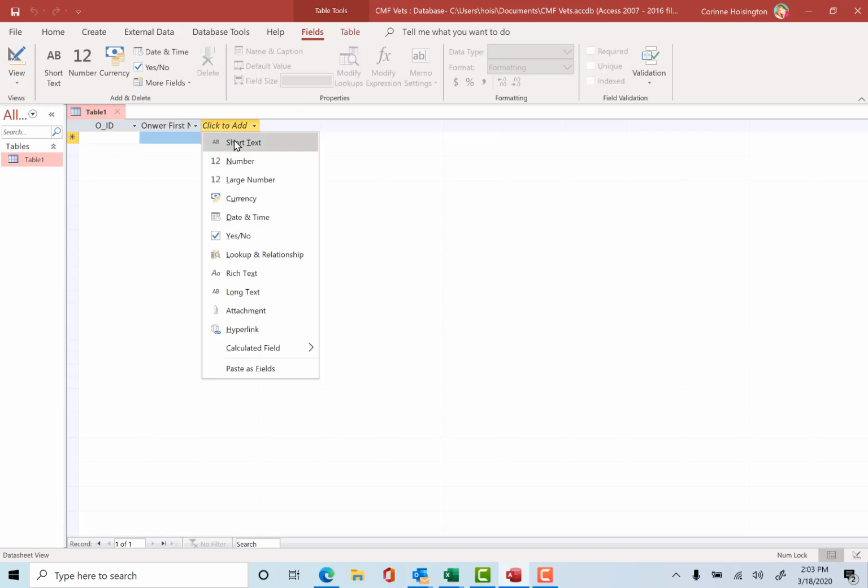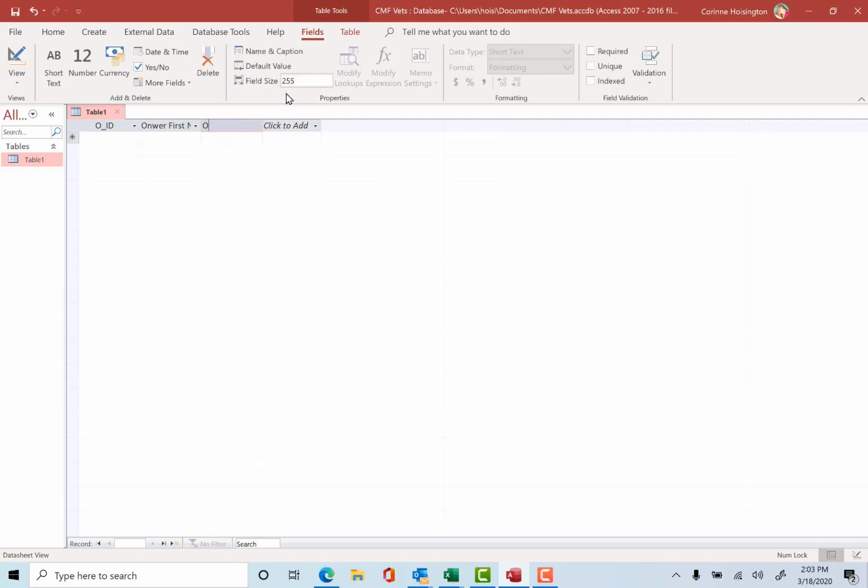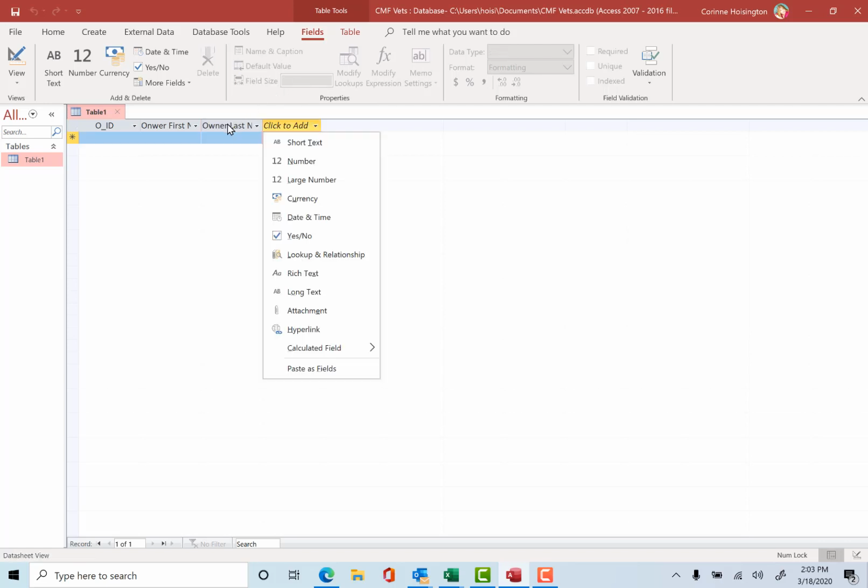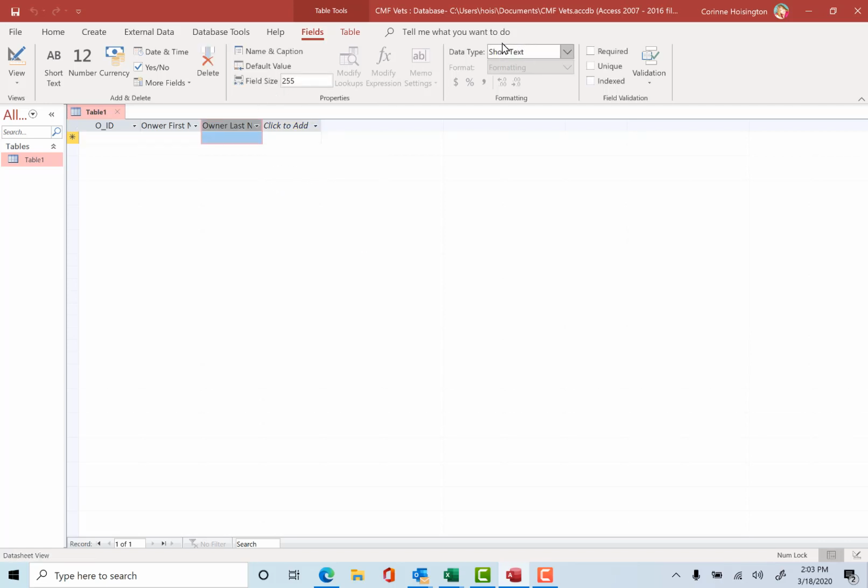I click to add. I pick short text and pick owner, last name, hit enter. Click back on owner last name. The short text is already set right there. Let me also now change the size to 50. Hit enter. Click to add again. Short text. Now I'm going to do owner,